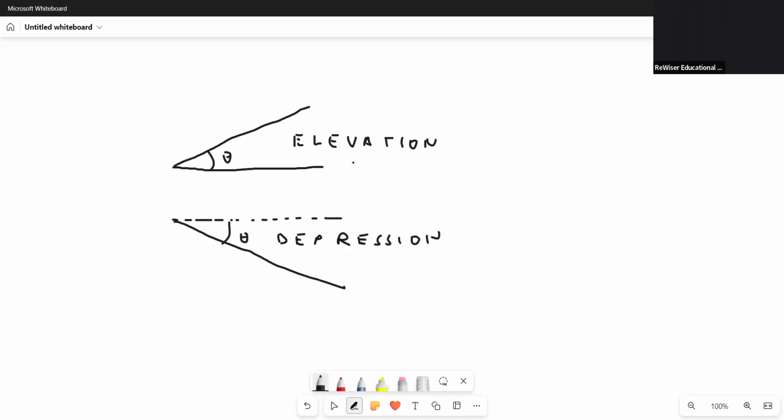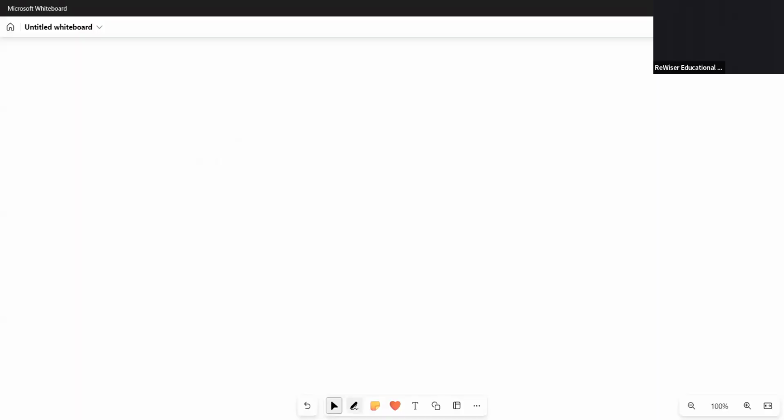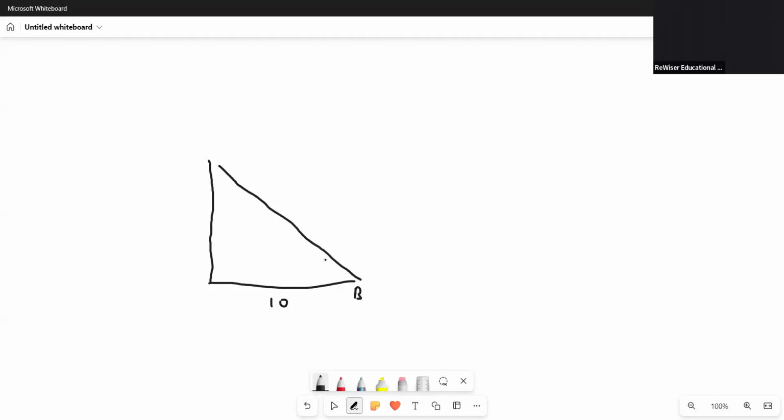So a lot of typical questions have been asked on this. One of the types that we'll be discussing today is: suppose there is a boat and there's a lighthouse. The boat is at a distance of 10 meters from the lighthouse. So we'll draw the lighthouse first, and the boat is at a distance of 10 meters. The angle of elevation from the boat to the top of the lighthouse is 60 degrees, right? Then we need to find the height of the lighthouse AB,